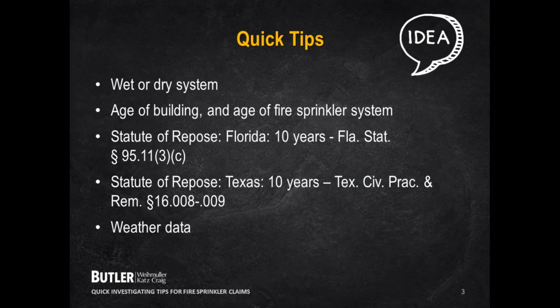A lot of times we'll get losses that come across our desk and it'll say broken pipe at the building. We don't know if it's a fire sprinkler pipe or if it's a water line, if it supplies water to a piece of equipment, say a water heater. We need to specifically identify, first of all, it's a fire sprinkler loss. And then once you identify that it's a fire sprinkler loss, we need to know if it's a wet or a dry system. Those are key in quickly identifying subrogation potential, as well as the age of the building and